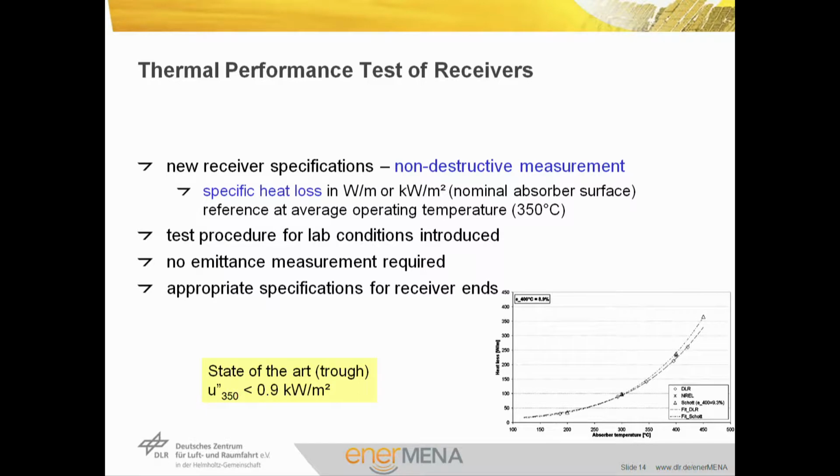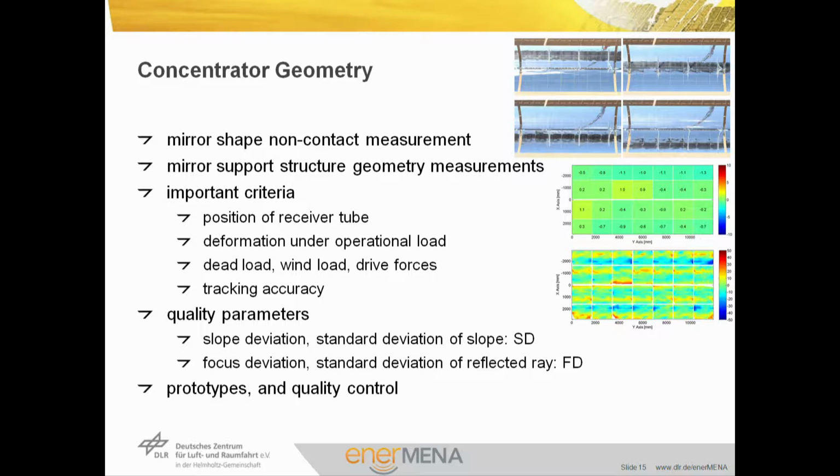And state-of-the-art trough receivers have loss parameters at 350 degrees of lower than 900 watts per square meter of absorber tube surface. One point of optimization is the overall concentrator geometry. The pictures show how the shape is measured, how the shape is analyzed in slope deviations, and how the maps show the details of the deviation of the shape from the ideal configuration, which give enough information to optimize these